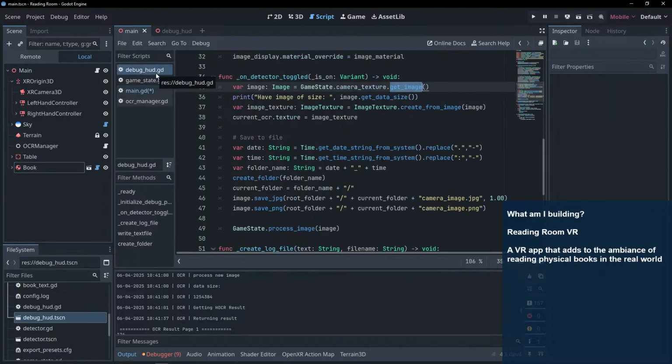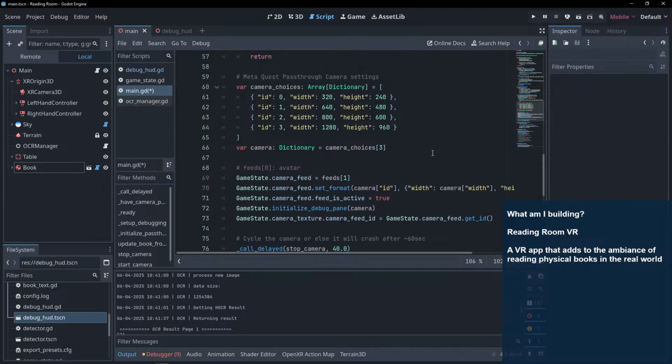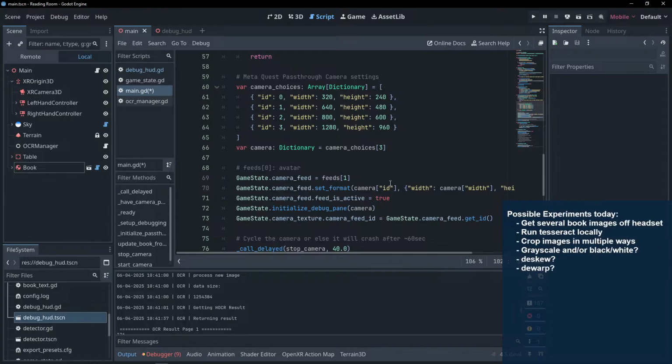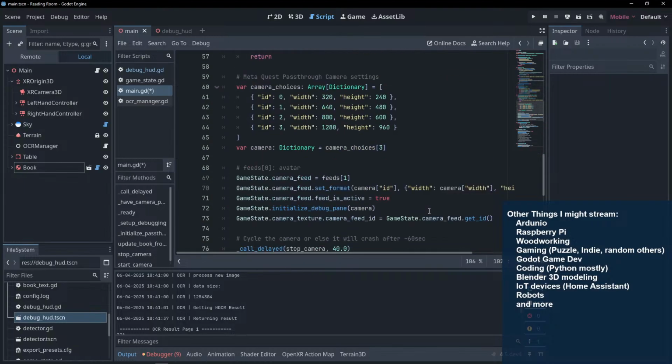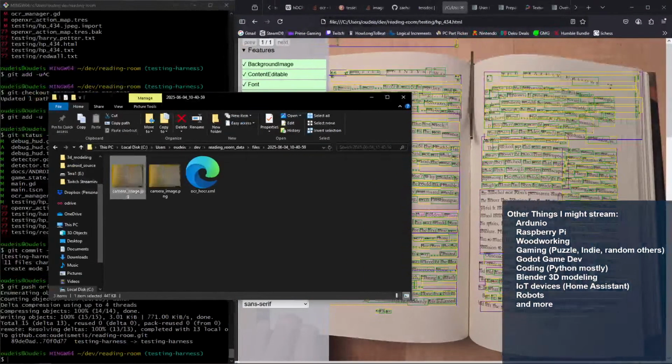Oh, really? Well, this is the HUD. Okay, that's fine. So camera choice is 3, so that should be the biggest one. So we should be getting the largest image. And then what did I look up? Well, okay, so we're supposedly getting the largest image. I could go down the rabbit hole of confirming that somehow, but let's assume this is the best picture we can get. I mean, I guess we already know it's true, because if I look at the info for this,